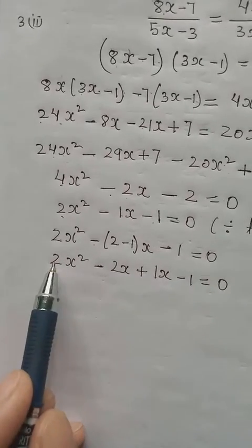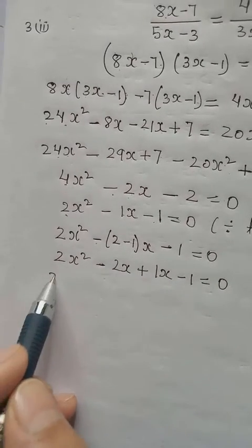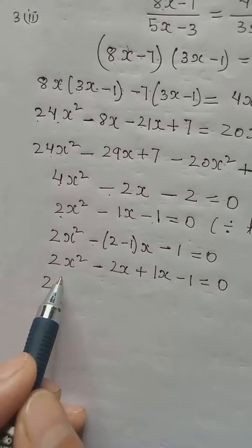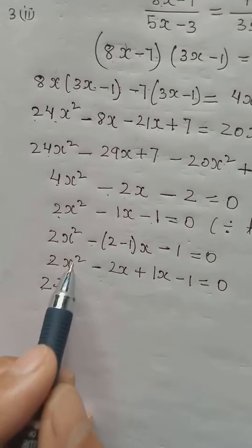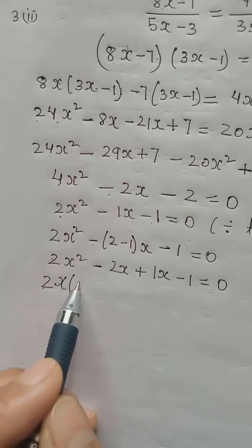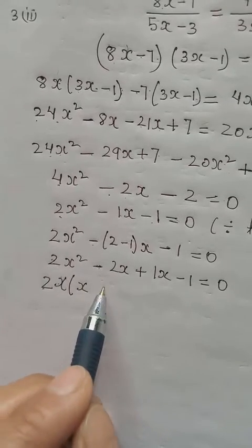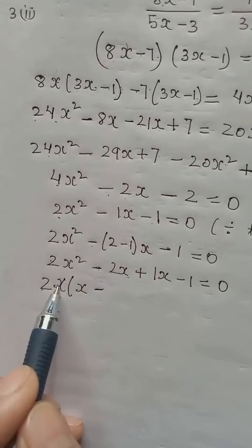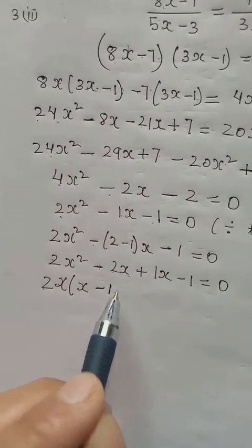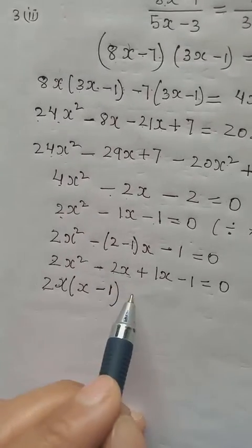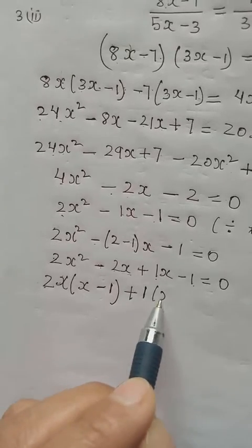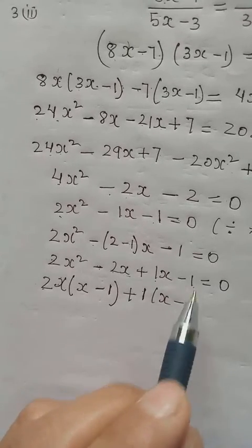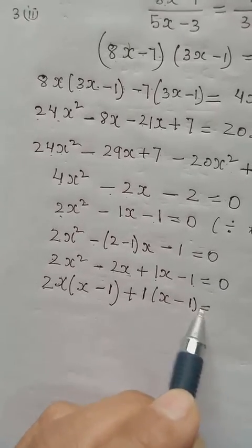Next you can take common. Here we have 2, 2. We can take x square, x. We can take 1. Here 2 I'll put here. x, there are 2 of them. 1 I put here. We have a minus sign. Here we put everything here. So we are left only with 1. Then here we have plus 1, 1. So we take common 1. Inside we have x minus 1 into 1, 1 equal to 0.